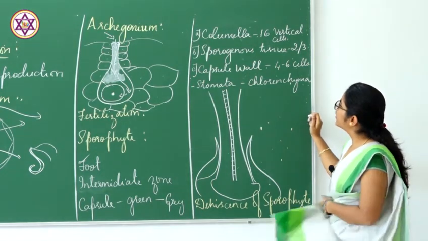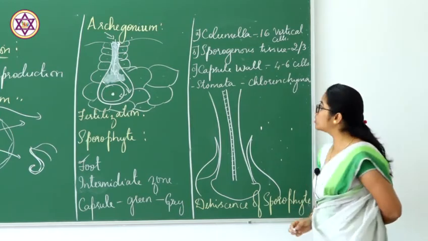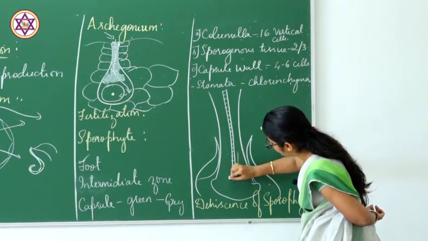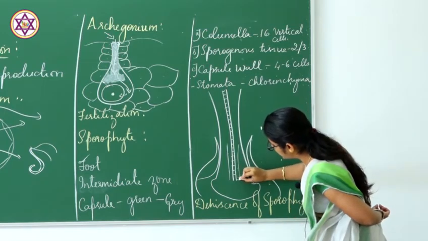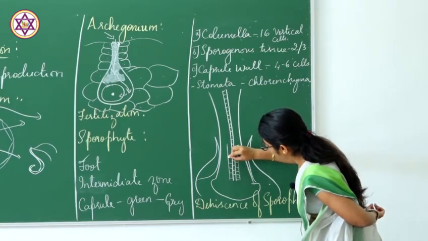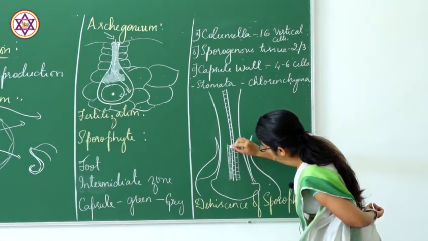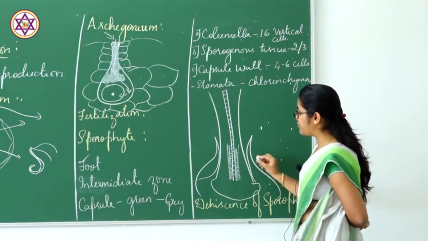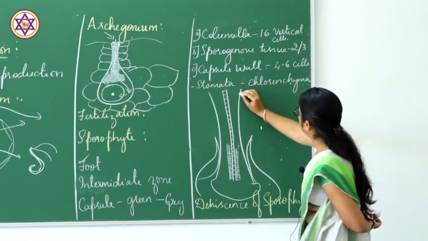Okay, and then you have the sporogenous tissue starting off. This sporogenous tissue is 2 to 3 layers. So you will find sporogenous tissue, that is sporogenous mother cells, present adjacent to the columella, which is diploid in nature. Okay, so you will find 3 layers there. Apart from that, you will find the capsule wall, which consists of